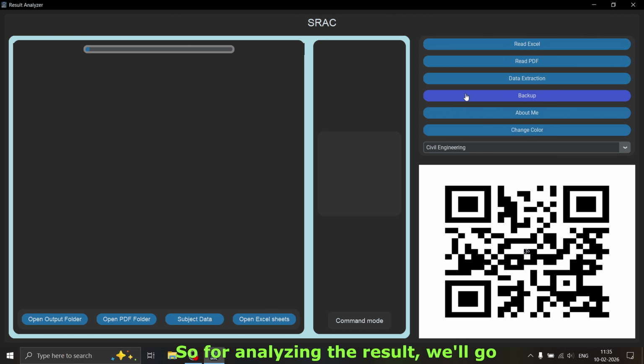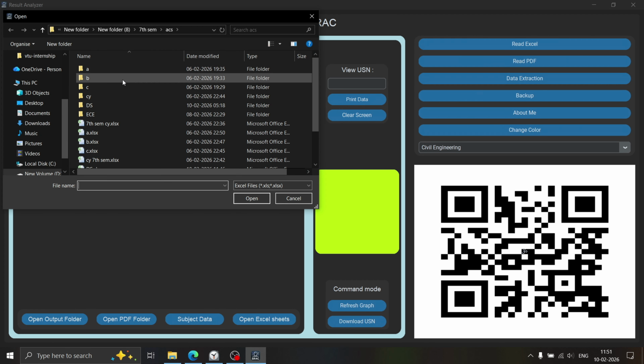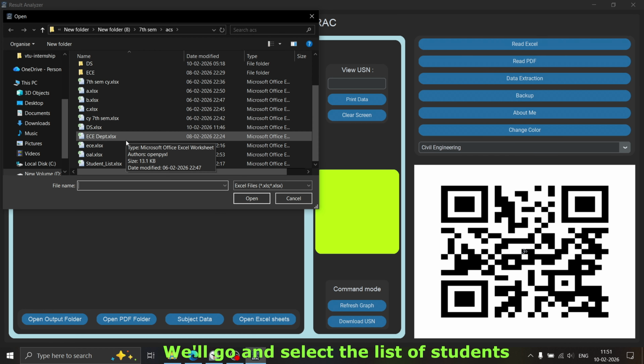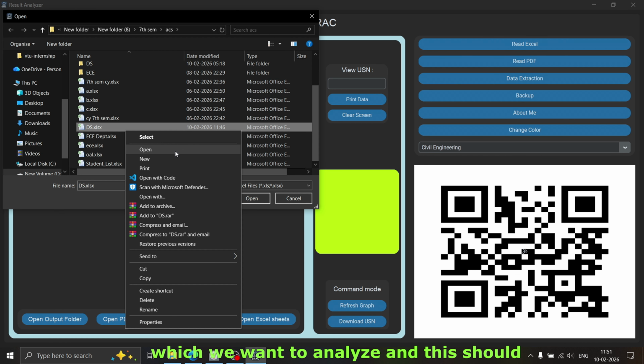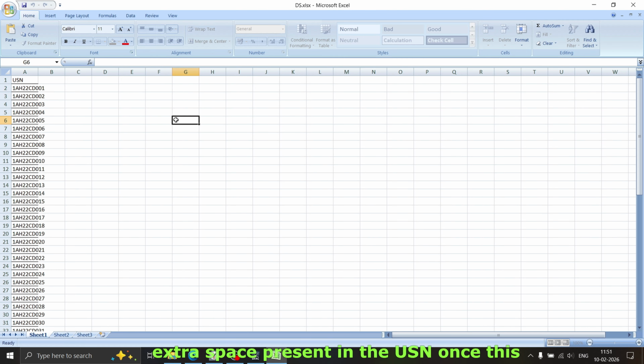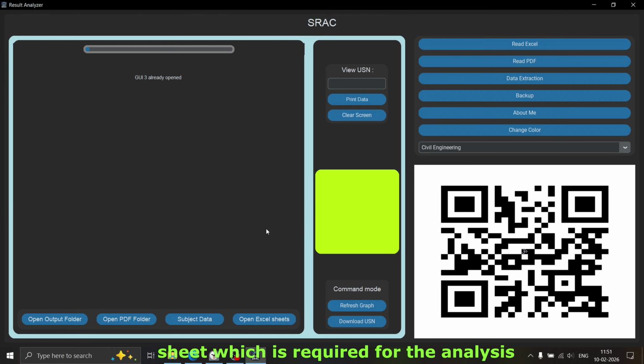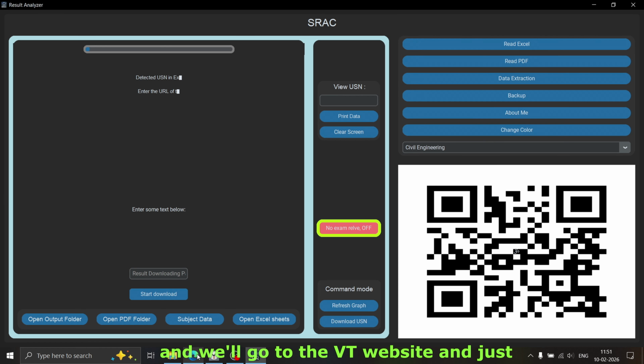So for analyzing the result, we'll go here in data extraction section. We'll go and select the list of students which we want to analyze, and this should be the particular format in which you are giving the input to the software. Remember guys, all the USN should be in upper caps and there should not be any extra space present in the USN. Once this is completed, we'll select the Excel sheet which is required for the analysis, and we'll go